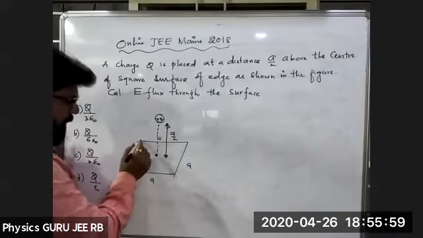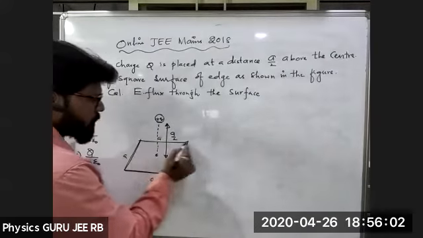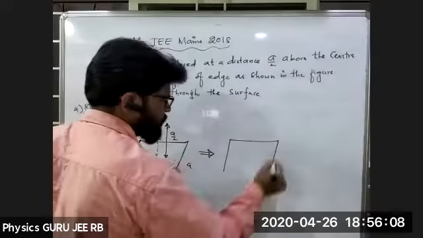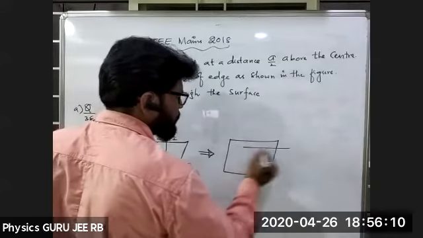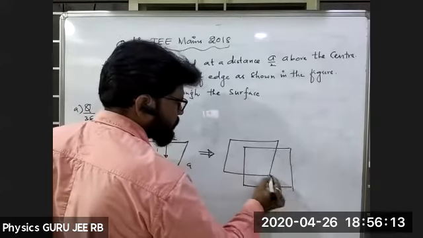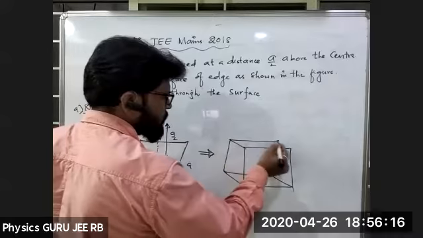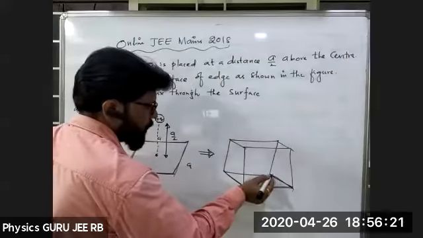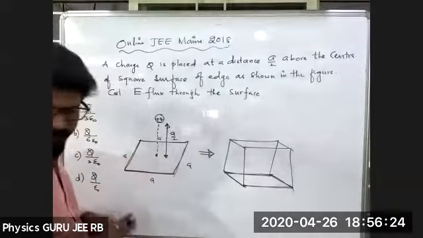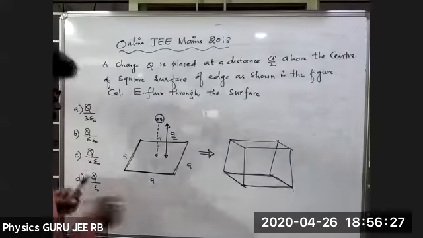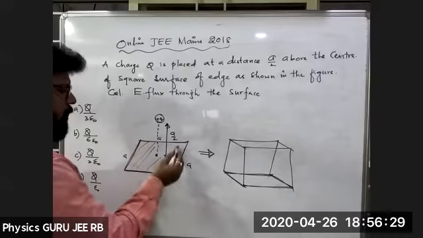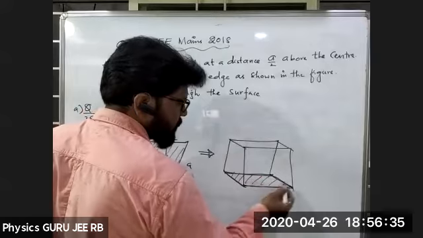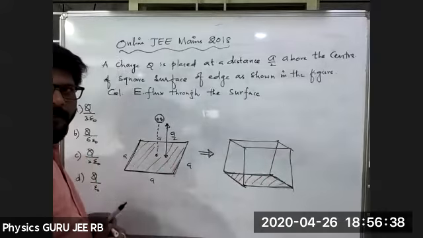So let me take this as the plate. We want flux through this one. So now I'll try to convert the same thing here. Right, so I just converted this. We want the flux through this part, this red mark part. So this is nothing but the flux due to this plate that we require, right? Here this is the plate, downwards. We want it at this particular one, right?